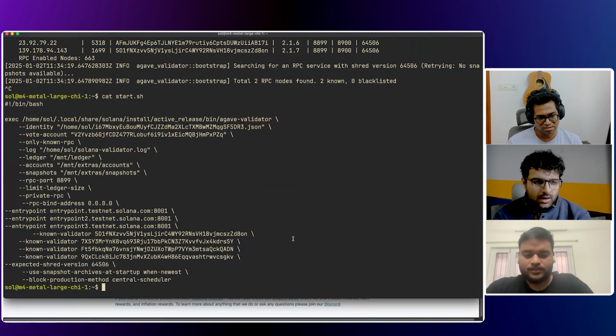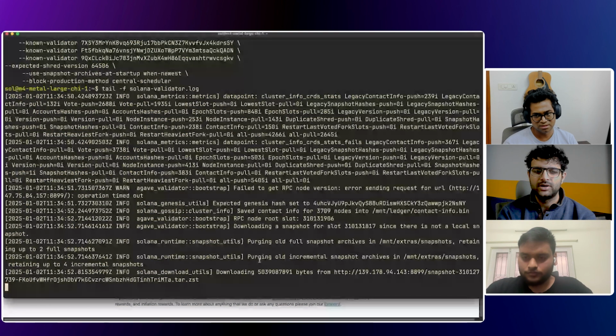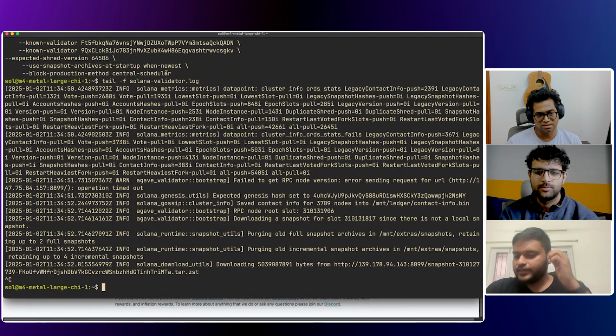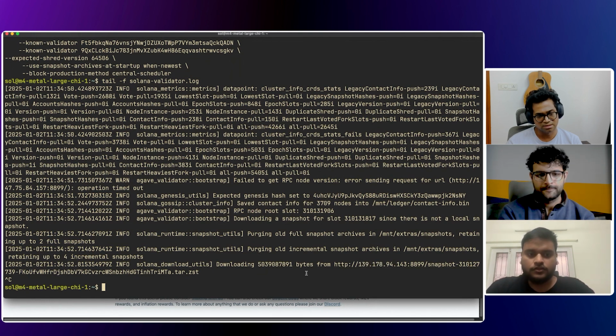Let's see. Is that a public key for the known validator? Yeah, that's their identity key. Oh, okay. How do you reach from the identity key to their server? That is the internal process, but I'm downloading from here. What is the IP? Yeah, I need a